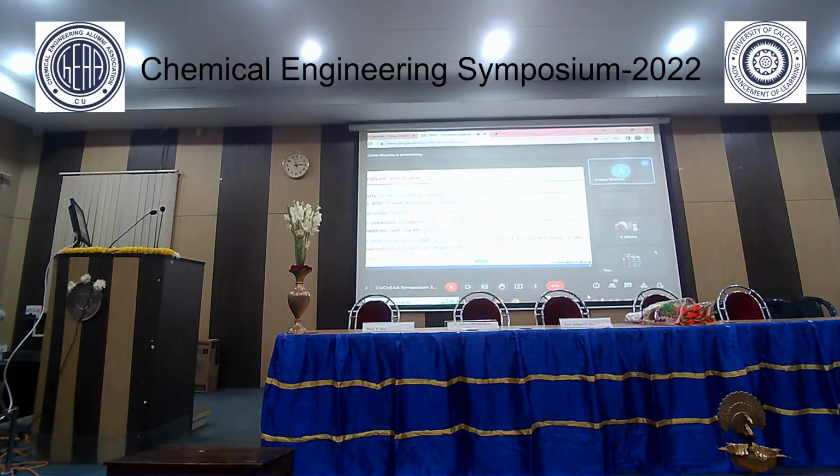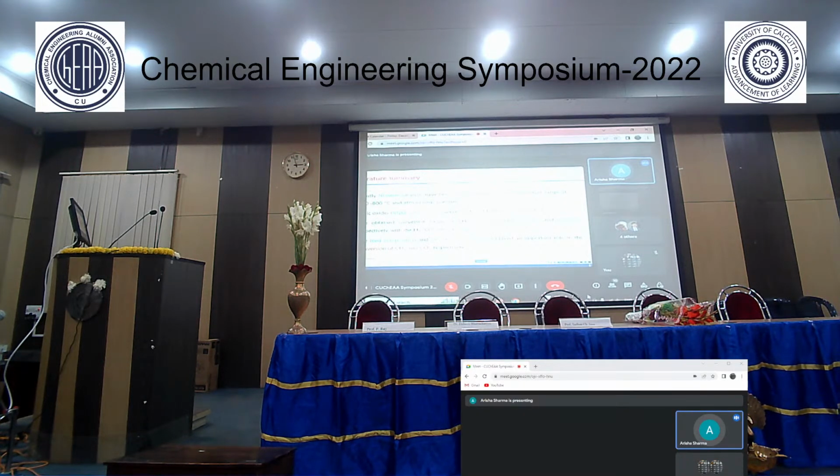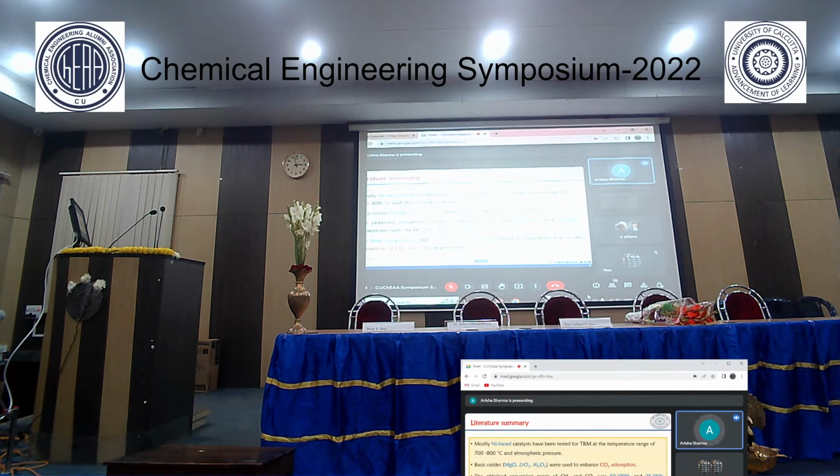Conversion. So from the literature, it has been observed that methane conversion of around 50 to 100% and CO2 conversion of about 25 to 95% can be obtained with an H2 by CO ratio of 1 to 2.5. And the major factors in the conversion of methane and carbon dioxide are the feed composition and the particle size of nickel, as increasing or decreasing any composition of the feed can result in variation in the results.